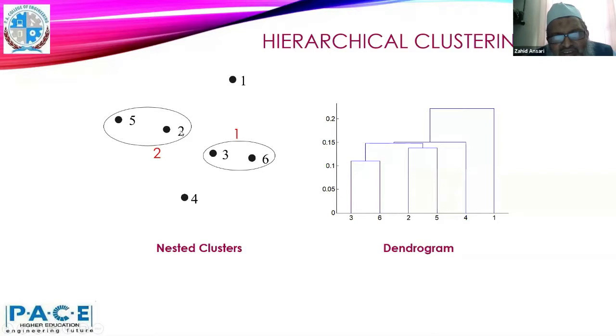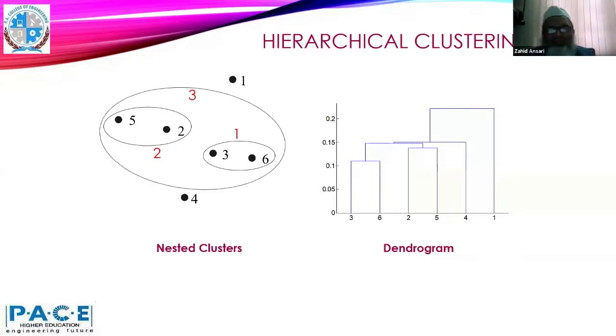And this distance is more than the distance between 2 and 1 and the distance between 3 and 4 over here. So we are merging these clusters. Okay, so if we merge this, then the next merge is with the point 4. The closest distance between 4 and this cluster is the distance between 3 and 4. 3 is the closest point over here.